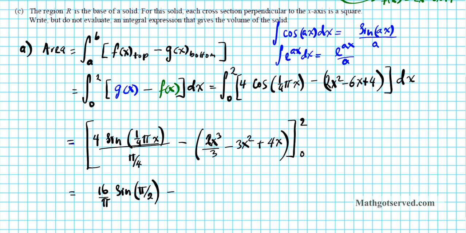And then minus, put 2 here. We're going to have 2 to the third power, which is 8 times 2 is 16. 16 over 3 minus 2 squared is 4 times 3 is 12, plus 4 times 2 is 8. Okay, and then sine pi over 2, we know that that's 1, so we're going to have 16 over pi,